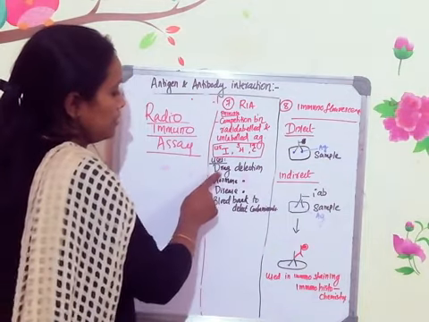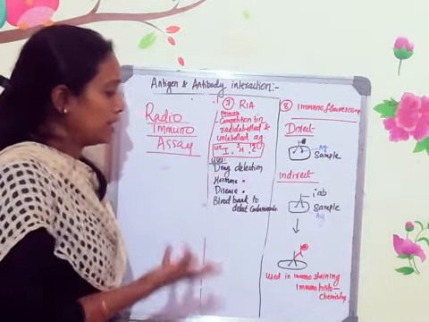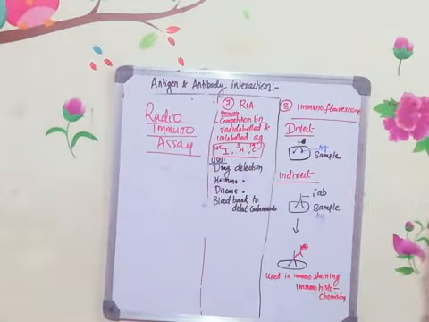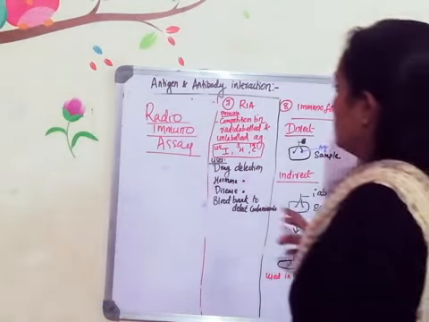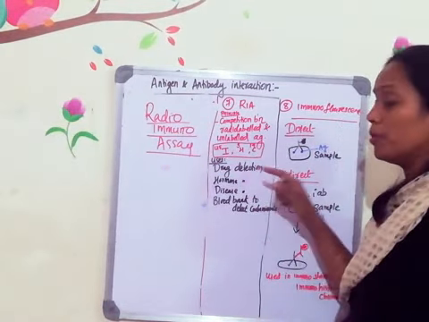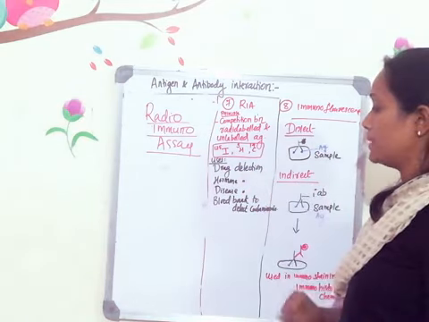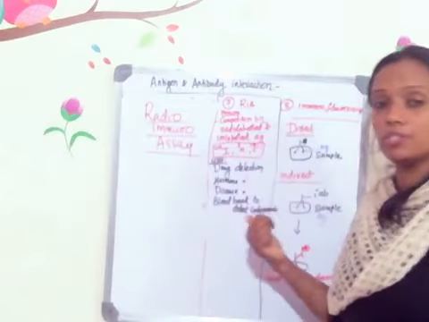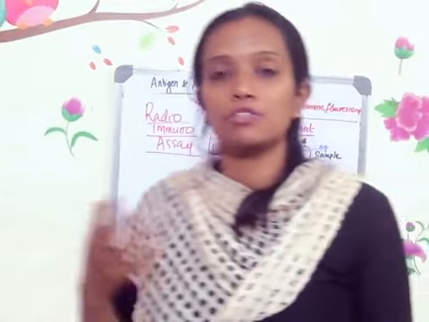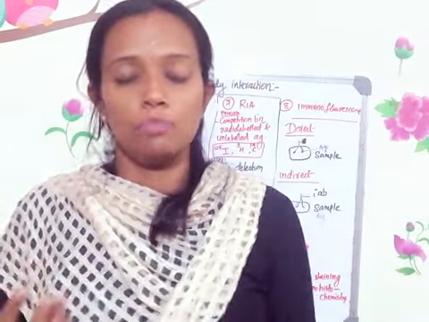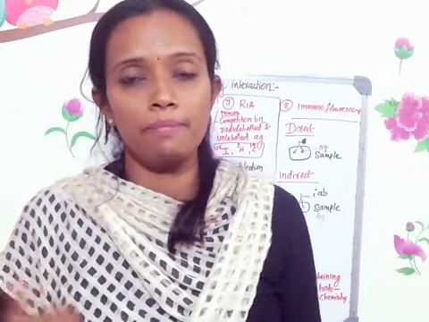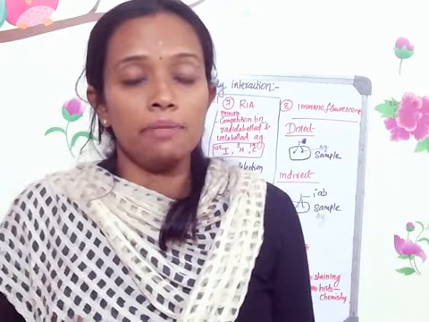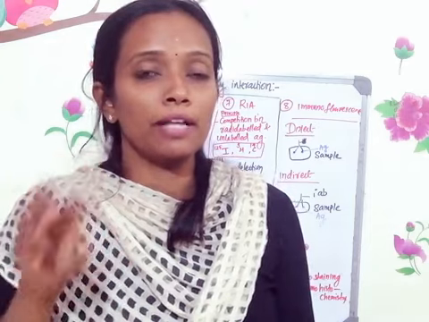The uses are, the first one, it is used for drug detection in the serum sample. The presence of a drug in the serum sample can be detected easily with the help of radioimmunoassay. The presence or absence of a hormone can be detected. Any disease-causing antigen can be identified. This is also one of the methods used in the blood bank to identify the presence of pathogenic organisms in the blood. We will study the blood bank in detail in the coming hematology classes.